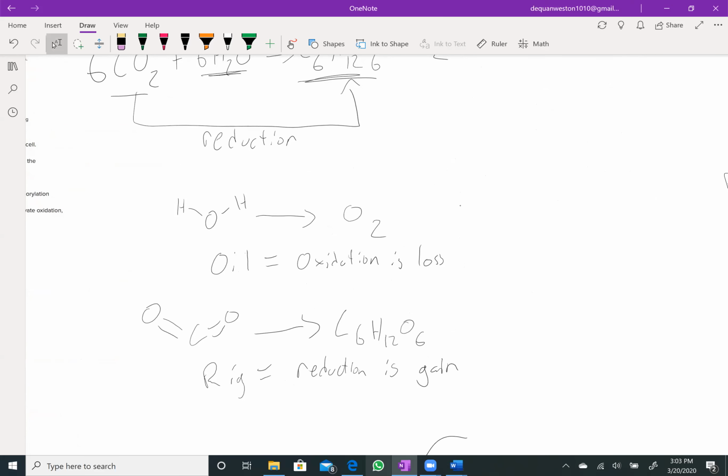An easier example, Jay, do you know any one-step redox reactions that are super simple? Just where it's really basic. So you did water to oxygen, or oh, that's oxidation. It's actually kind of tricky. I can't think of any off the top of my head. Oh, you know what? We'll just look at the